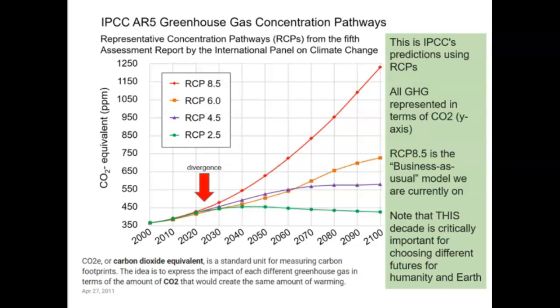This figure shows assumptions about greenhouse gas emissions with each of the RCPs over time. The x-axis shows the future by decade, and the y-axis shows the amount of greenhouse gases in the atmosphere. Note that the y-axis is labeled in CO2 equivalents. Instead of developing an RCP for every different greenhouse gas, all greenhouse gases are represented here by converting them into the equivalent contribution to warming that a CO2 molecule has. For example, one methane molecule traps as much heat as about 21 carbon dioxide molecules. Thus, if we had 10 methane molecules to account for in a model, we'd convert them to 210 CO2 equivalencies.